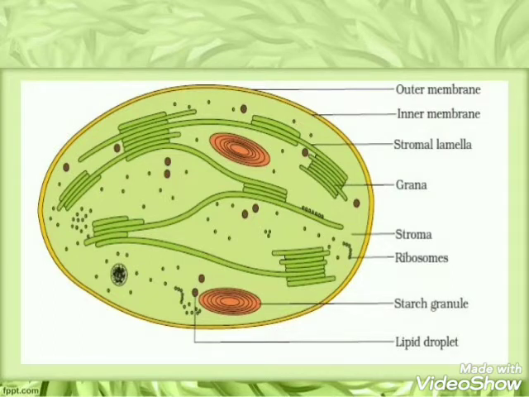That single coin can be compared with a thylakoid, and a bunch of thylakoids is called grana. So this is the structure of chloroplast, in which you can easily see that one grana is attached to another grana with the help of a single tube-like structure known as stroma lamellae.